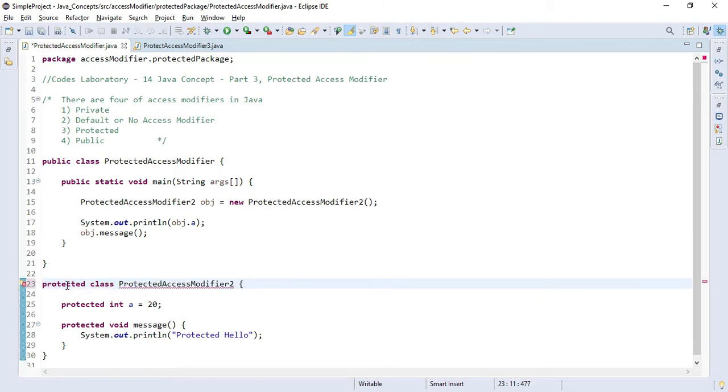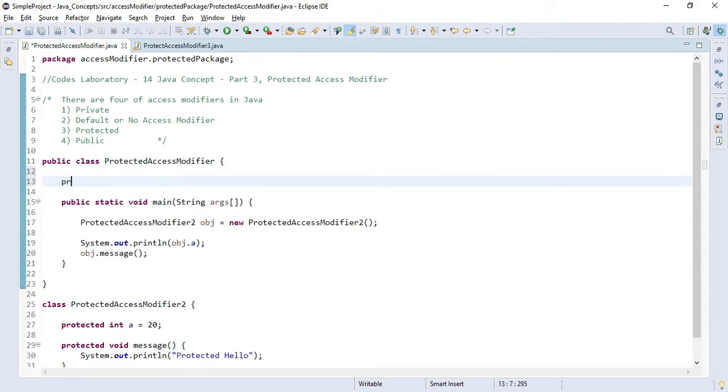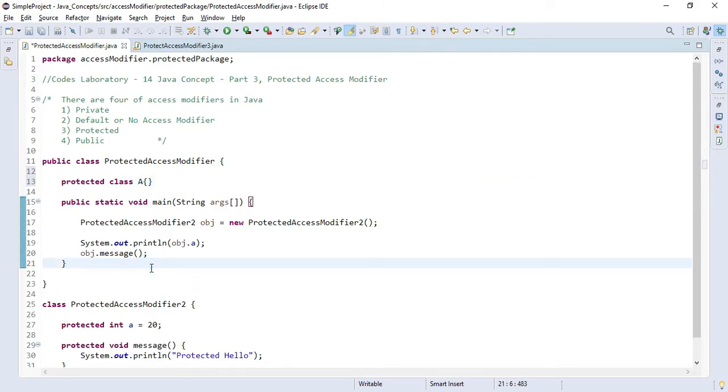If you want to create a protected class, you will have to create one class inside of another class, and then you can declare that class as protected. The outer class cannot be protected, so just remember this.